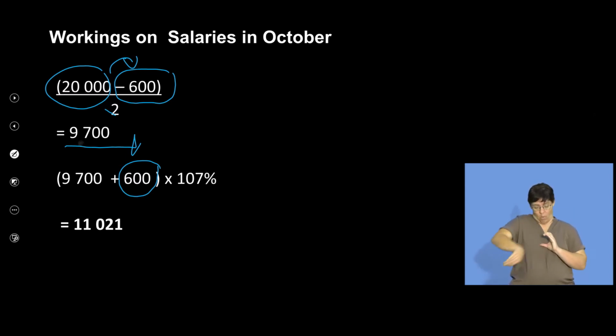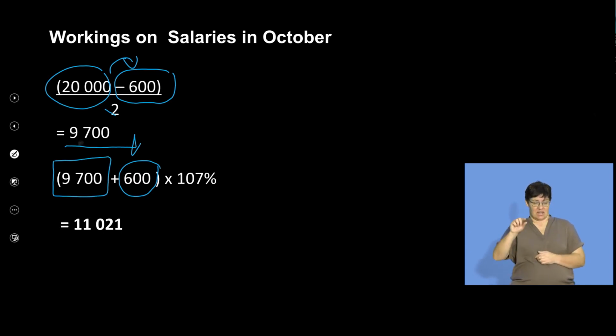So remove the 600, you have now made them both equal. Take the 9,700 that you've calculated, add the 600 to it, okay? And then increase that amount by 7%. As you can see from our calculation, the final figure that you get for a salary of one of the managers will be